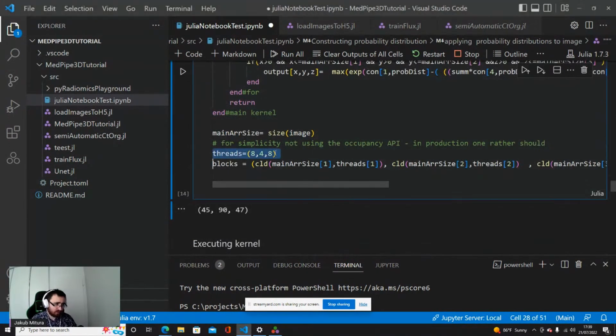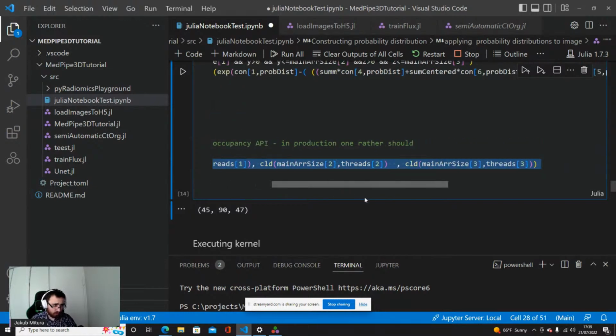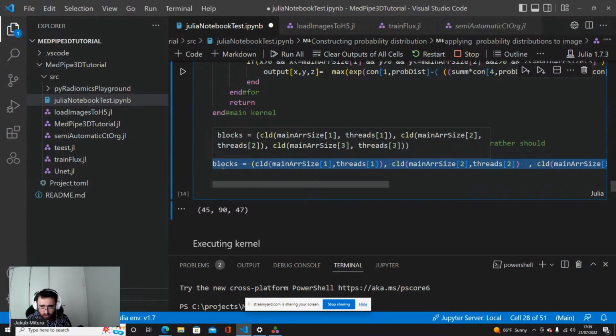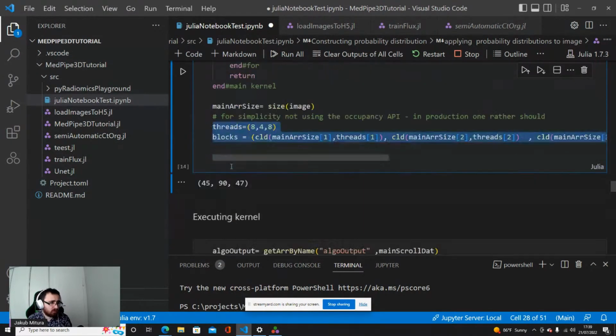So we need to decide how many threads and how many blocks we need to execute. In practice, in production, one should also use the occupancy API that gives us the best possible threads and blocks configuration, but today, for simplicity, I omitted it.